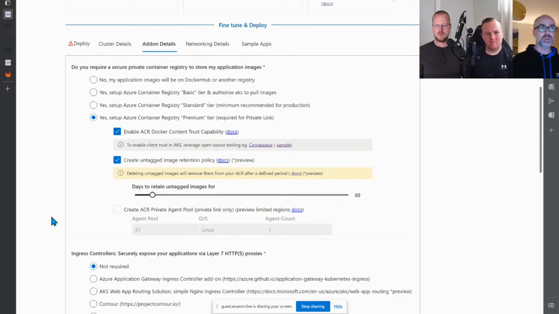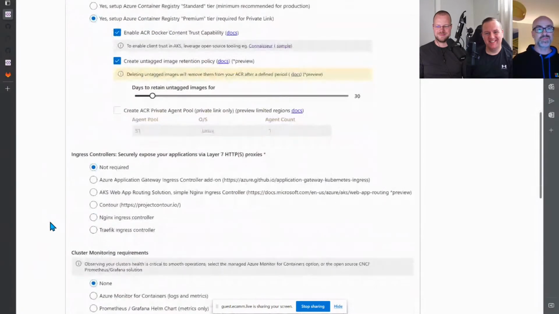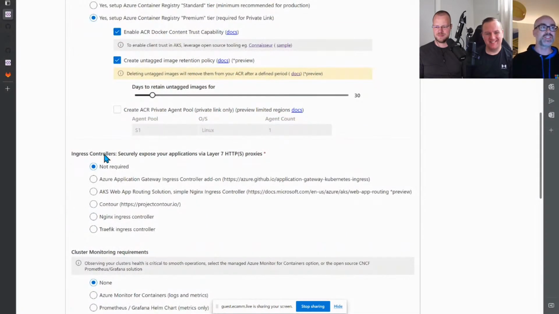Once you've opened the door, there's a bunch of stuff you can enable. The first one's ingress, and if you read the AKS baseline documentation, they don't call out a specific ingress controller solution, and that's on purpose.